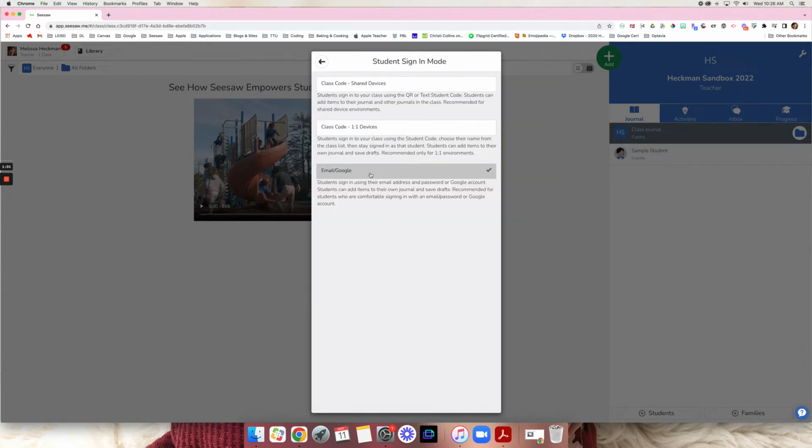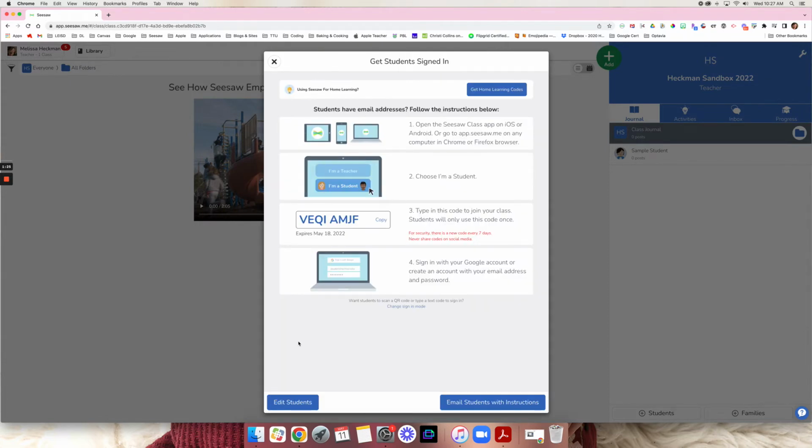Then please make sure that email/Google is selected. We want to use this process because your students will be logging into their Chromebooks. So they will not actually have a class code and they should not be choosing from their class list. Once you have selected that option and confirmed it, you can go back and then select Edit Students in the